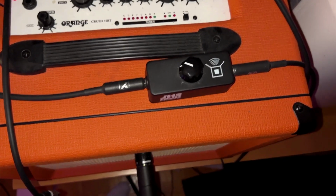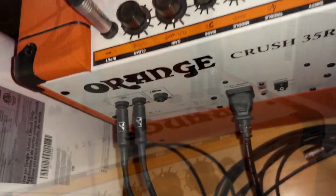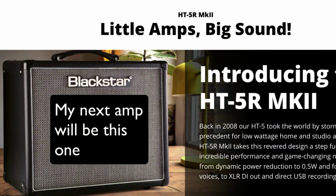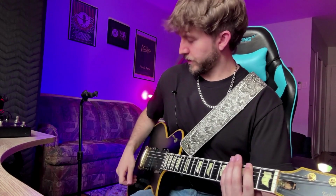But the main reason I got this amplifier is just because I needed an amp that had an effects loop, and I wanted a small one. And at the time, I wasn't aware that there's a decent amount of practice amps that have effects loops built right into them. But at the time, I didn't know, so I just grabbed one of the first ones that I could find, and so I went with this one. And initially,